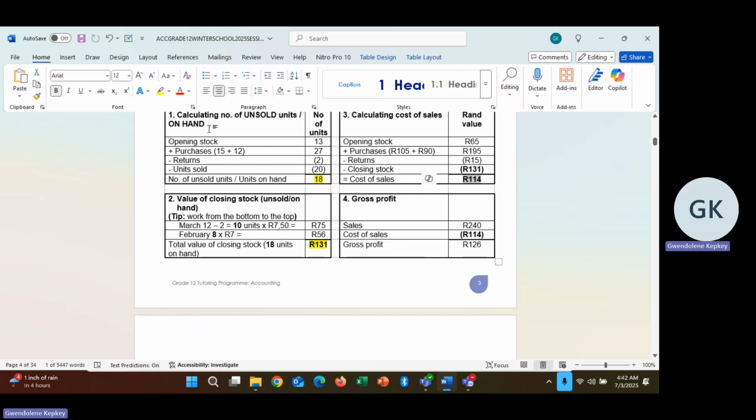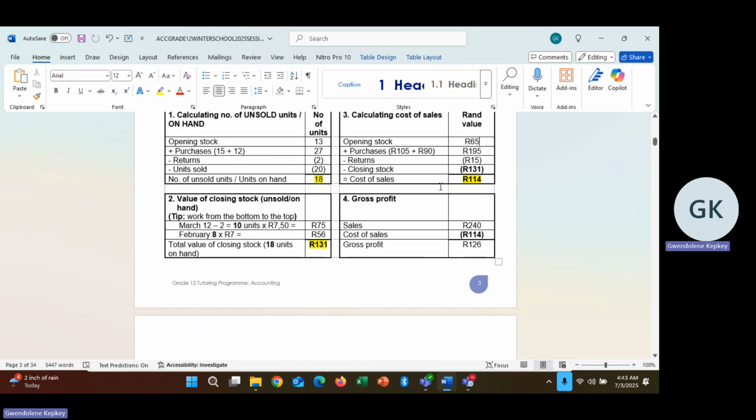114 Rand. So at this point in time, grade 12s, I hope you are following me. This is basics, which we actually do in our grade 10, our grade 11 year. But it is crucial for us just to remember our formulas, because this is really easy marks. Let me recap. My opening stock plus my purchases. Should there be carriage, I will add that. In this case, my returns was 15 Rand. I'm going to deduct the 15. My closing stock that I've just calculated is 131,000. So I'm sitting with cost of sales of